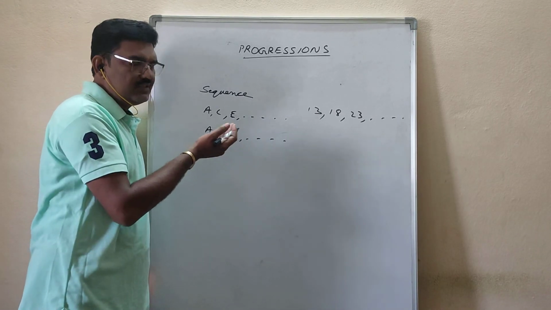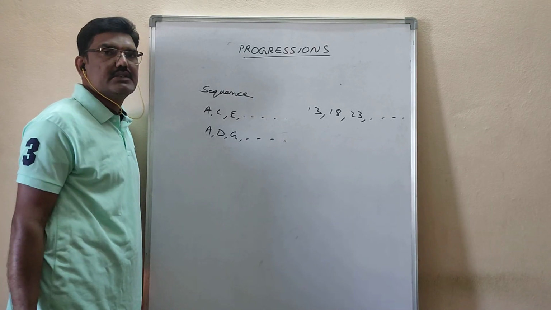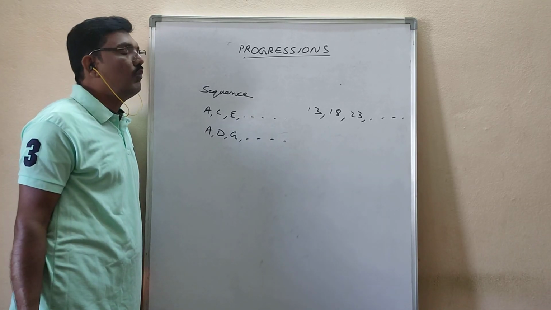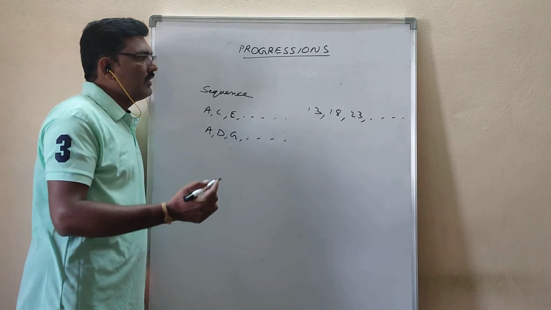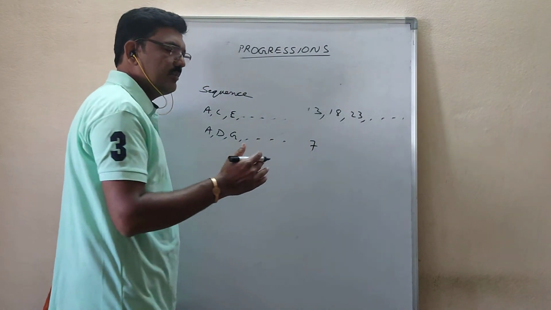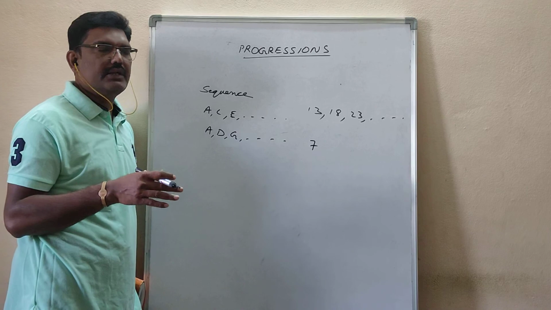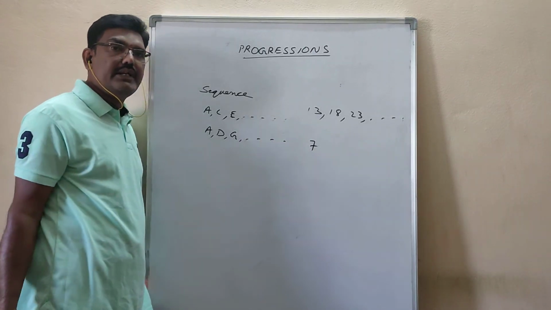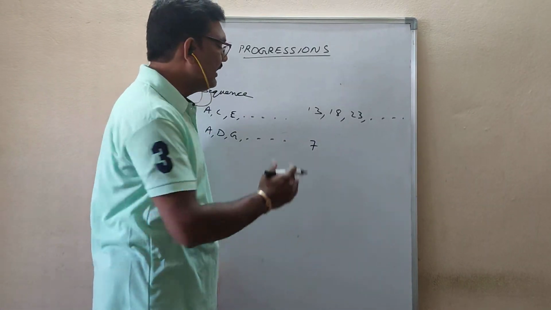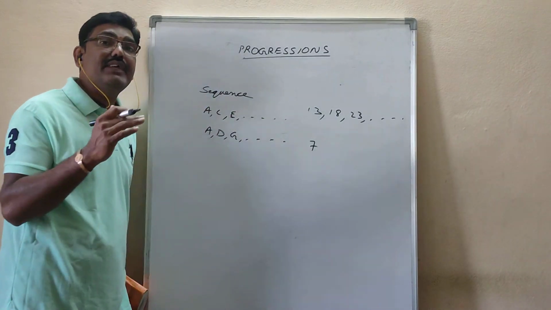Sequence means just numbers in one specific order. It is called sequence. In this sequence they mentioned three types. What are the types? If you take any number, the first term can be anything. No need of starting with 1 or 2. You can start with 100, you can start with 20, whatever number you are taking. For this number, either you have to add a fixed digit or you have to subtract a fixed digit.